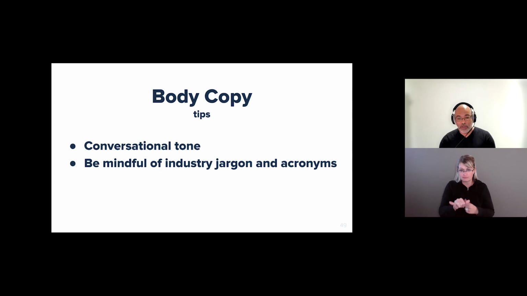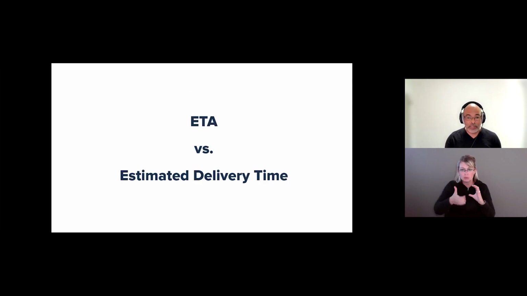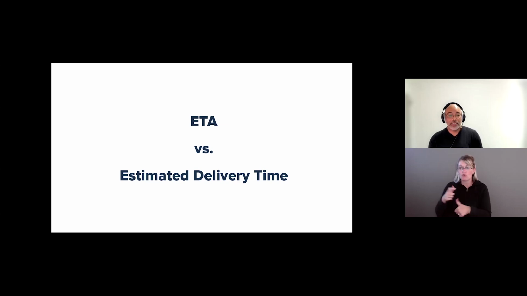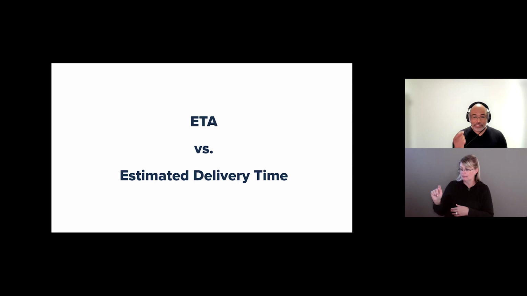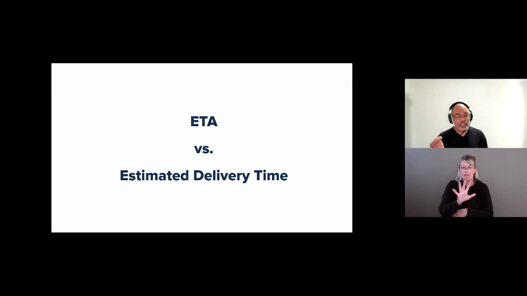But if you use conversational language and explain what those terms are, you have a better chance of conveying the actual message, preventing errors, preventing any other type of incident or any type of miscommunication that may arise. Quick story. I was in a team meeting, and it was one of my first times reviewing this particular product. And in the UI, I saw ETA and I saw estimated time or estimated delivery time used together.